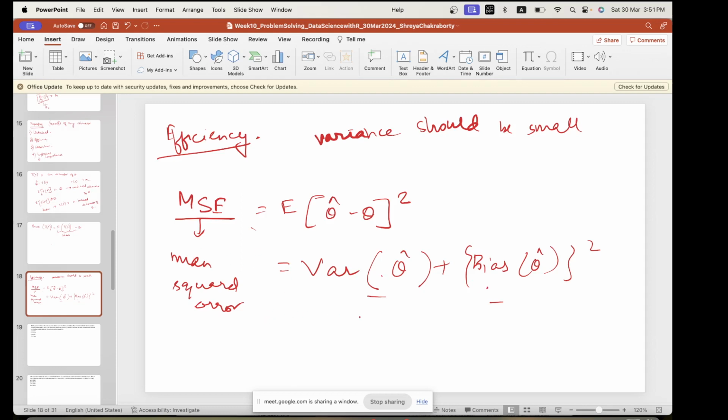So there is always a trade-off between variance and bias, which we call the bias-variance trade-off. This exists because it is not possible to simultaneously minimize both variance and bias. So whenever we are talking in terms of efficiency,